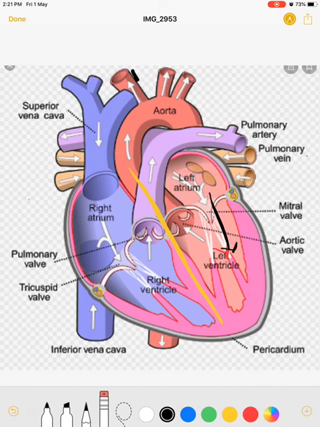So this is how the blood circulates through our heart, and the heart is the main pumping organ which collects the blood from the body and sends it to the lungs for oxygenation, then again collects the blood from the lungs and then sends it to the body, so that each and every cell of the body gets oxygen for generating energy.